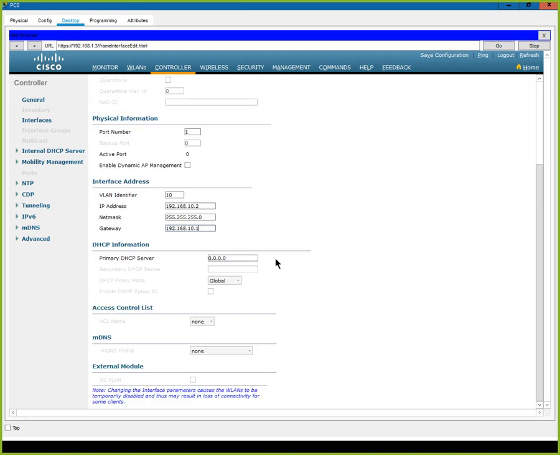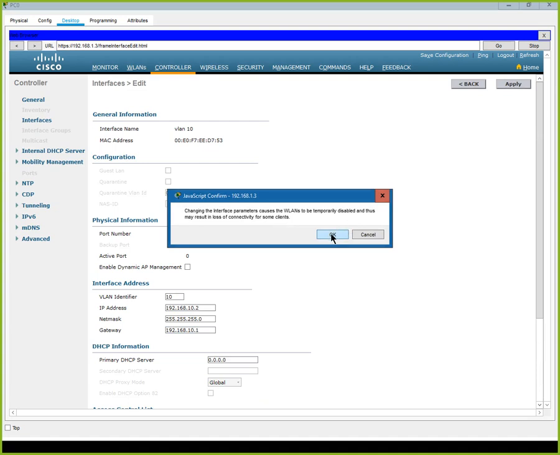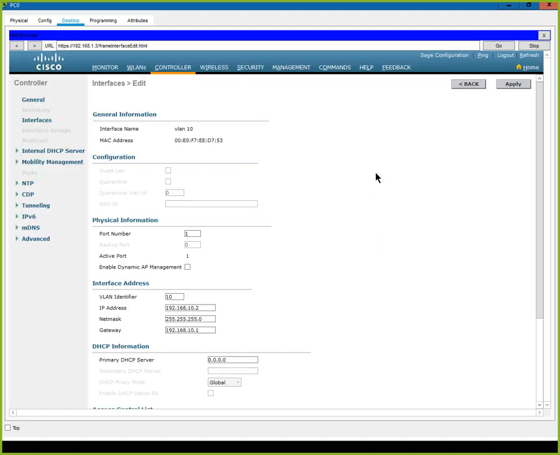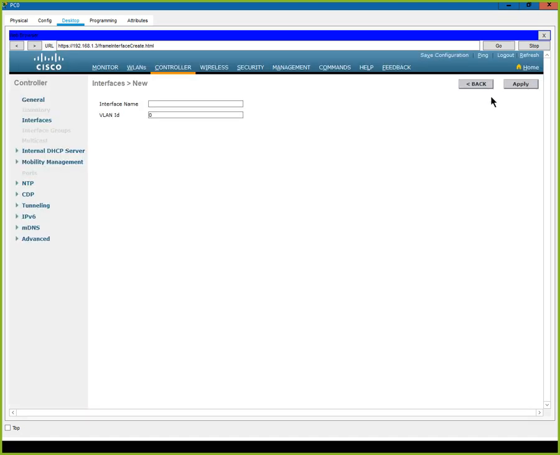If I had a regular, just a DHCP server, not on the router that has all of the VLANs configured that the traffic can go up and down, I probably would have to configure it. So we have configured the first interface, and let's go ahead and do the 20 network,